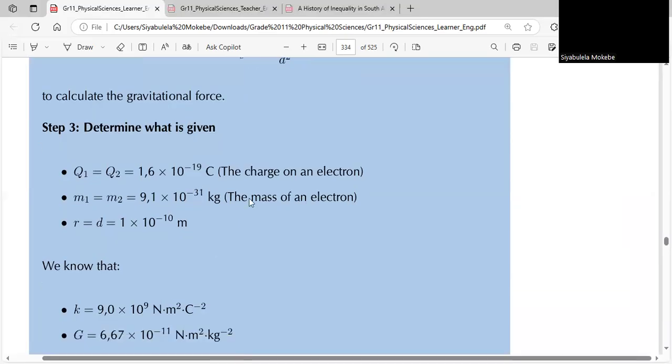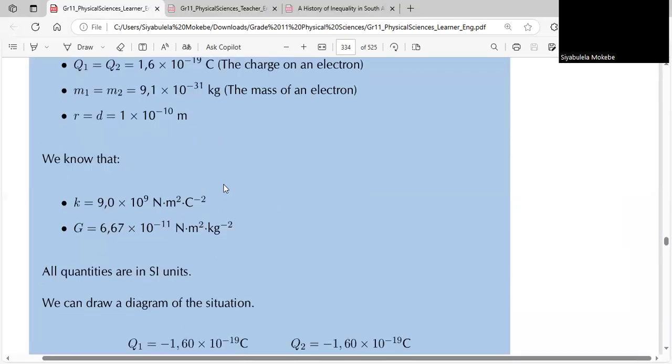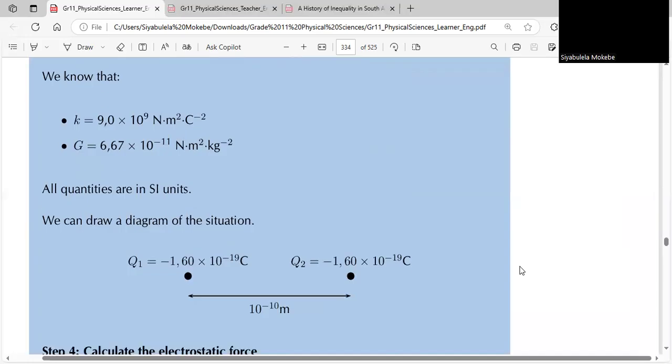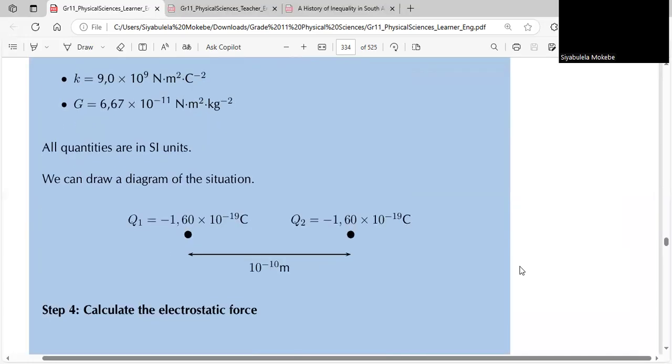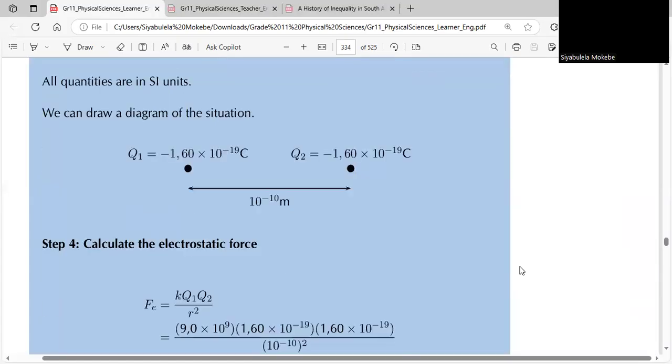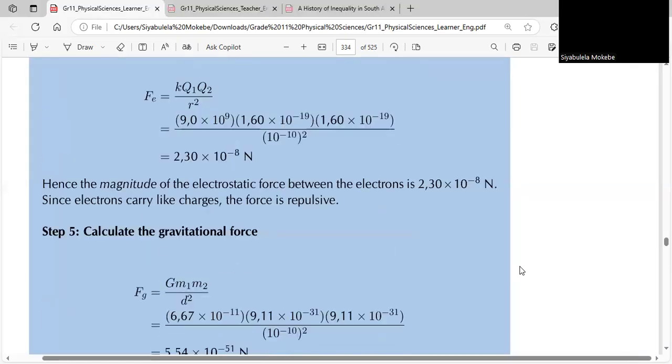And we know these two constants, right? With that being said, we can draw our situation, then do some calculations. So this is the electrostatic force,